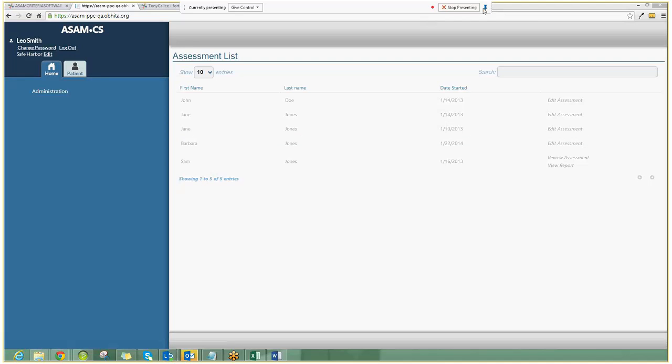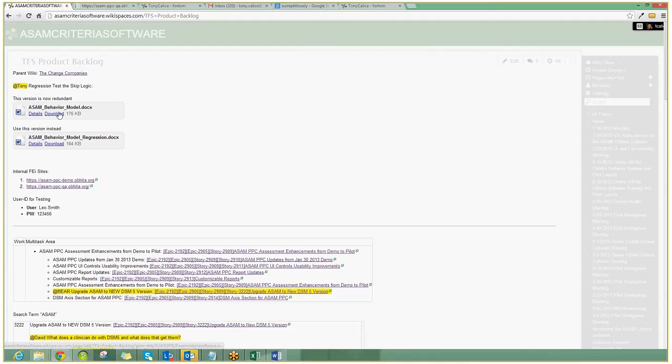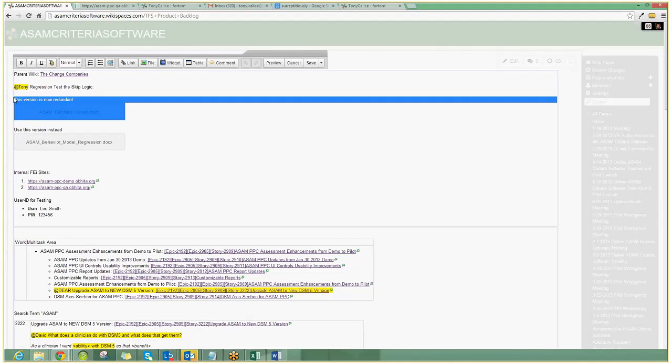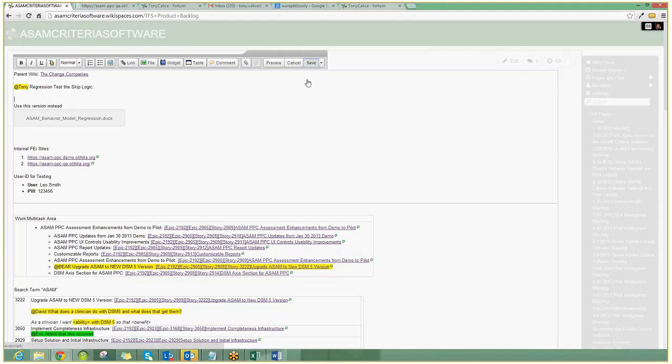We are regression testing the ASAM criteria software. We have the ASAM behavior model that we'll be testing. We have the new version that's in there. Thank you, Laura. So the first one we are going to do